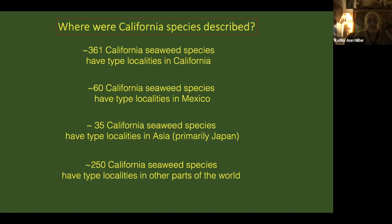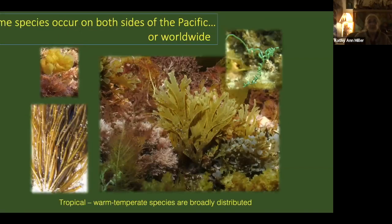were described from other parts of the world. And we're finding that some of these species do not really occur in California. They just look like species that occur in other parts of the world. So we're trying to figure out how many we really do share with the world? How many are cosmopolitan? So here are some examples of species that actually do occur on both sides of the Pacific